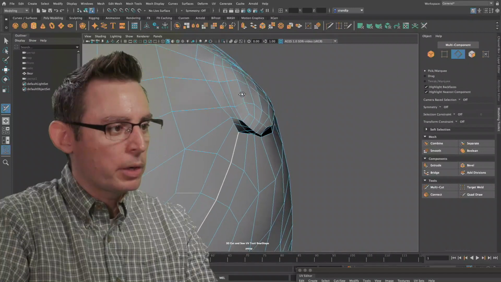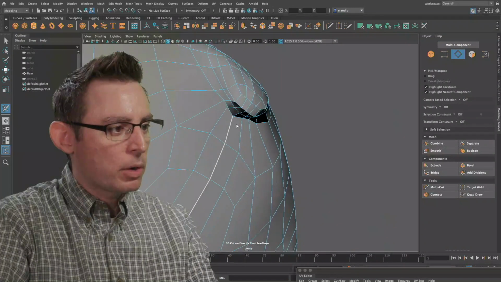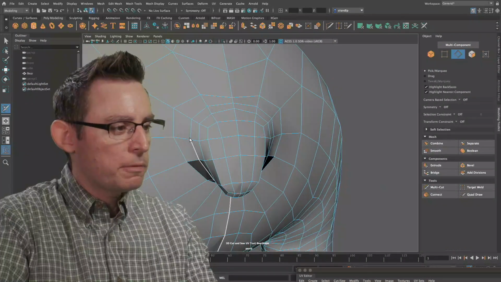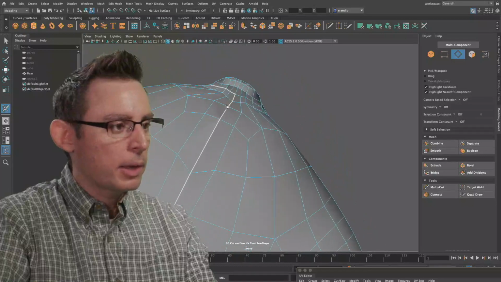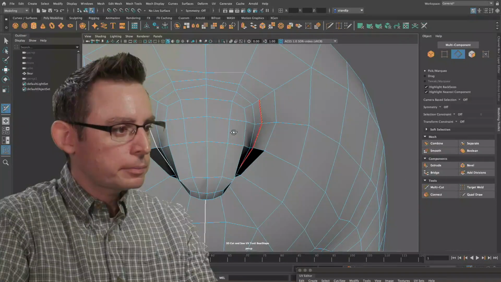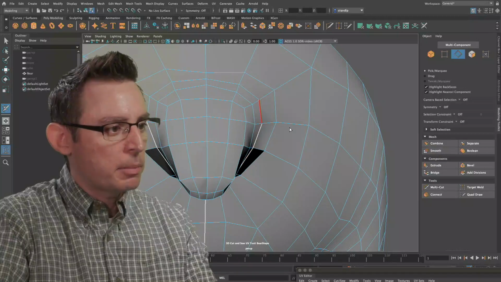Holding down Control there. What about this next row, the one that goes under? Yeah, what about this one? That might be a good place to go. We'll see it for a little bit, but that's okay. Do the same for the other side. We want to make our UV seams as symmetrical as we can.